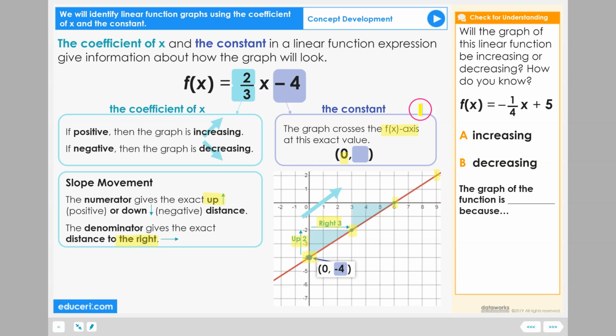Let's check for understanding. Will the graph of this linear function be increasing or decreasing? How do you know? The linear function f of x equals -1/4 x plus 5. A, increasing, or B, decreasing? The graph of the function is blank because